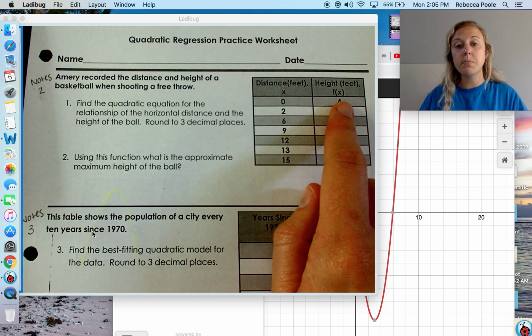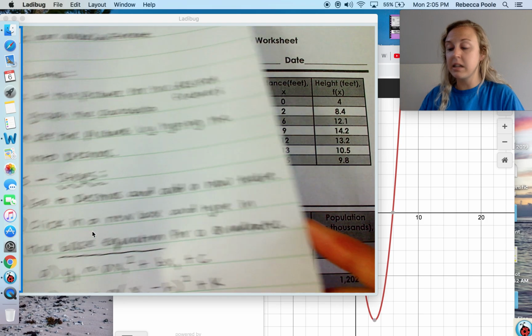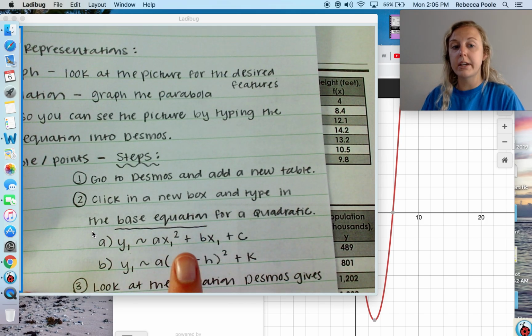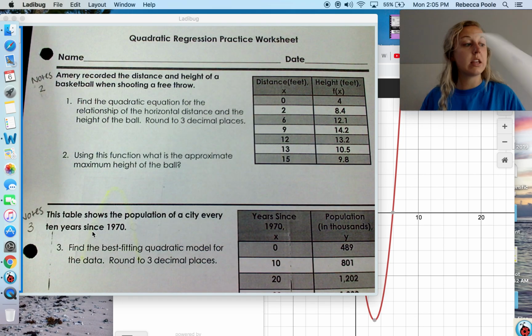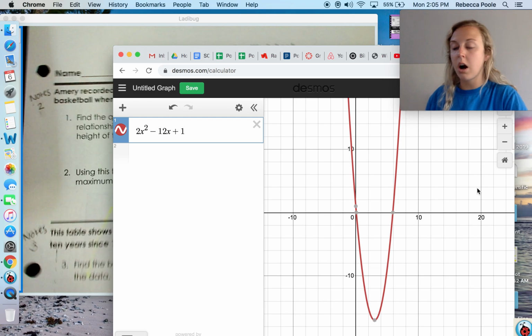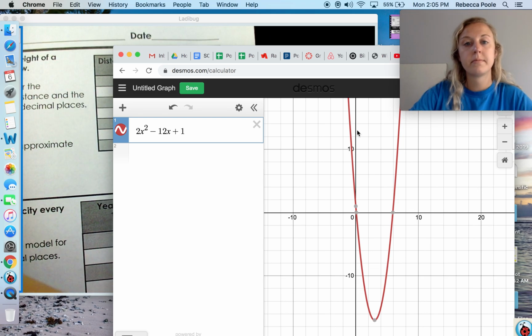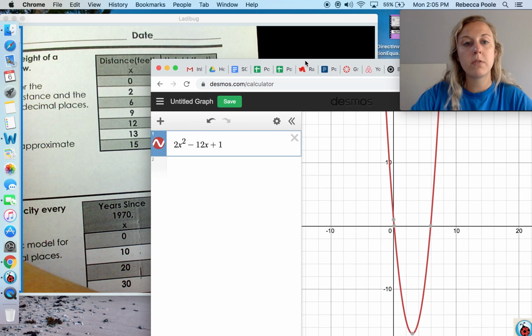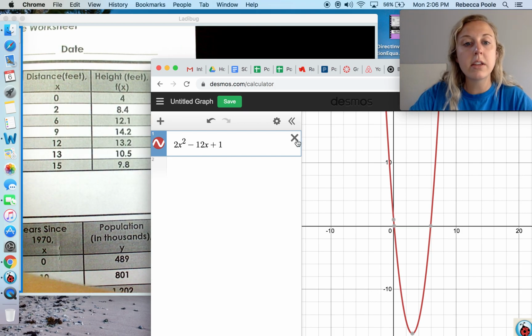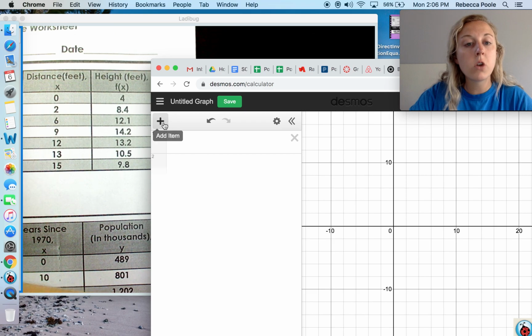So I'm going to use my steps that we all just made together. So step 1, add a new table. Step 2, click a new box, type the equation in, and then it'll give us the equation, okay? So back to Desmos.com. Gotta kind of move this so y'all can see the table. So I'm going to exit out anything I already had. Then if you look at this add sign, this is where we go to add